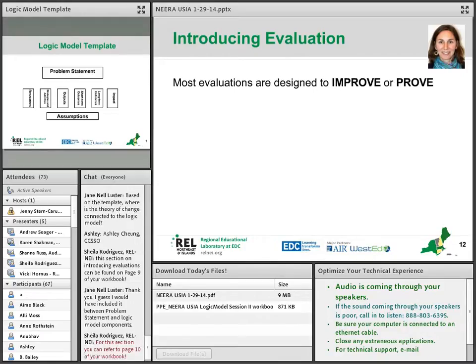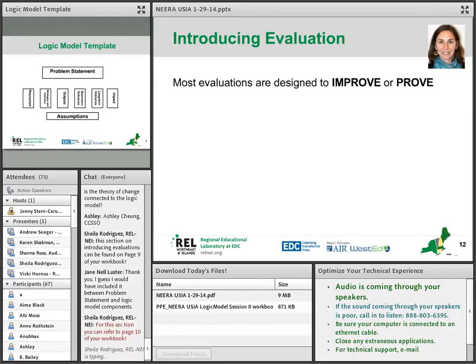use of data. Whereas a prove goal for that same evaluation might be to prove that the evaluation system is achieving the goal of greater differentiation in teachers' ratings, or as our colleague from Kentucky mentioned in the chat pod, perhaps even achieving the goal of improving student achievement. So again, a simple way to think about evaluations is improve and prove, or as I'm going to show,